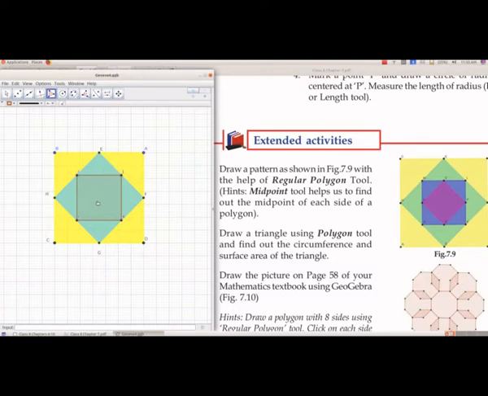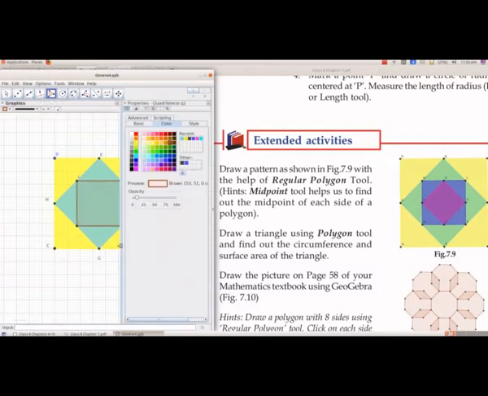Again we have to give color for the square. So right click, object properties, and we will select the blue color. And now we will increase the opacity. We need a brighter shade of blue, so we will select this color.